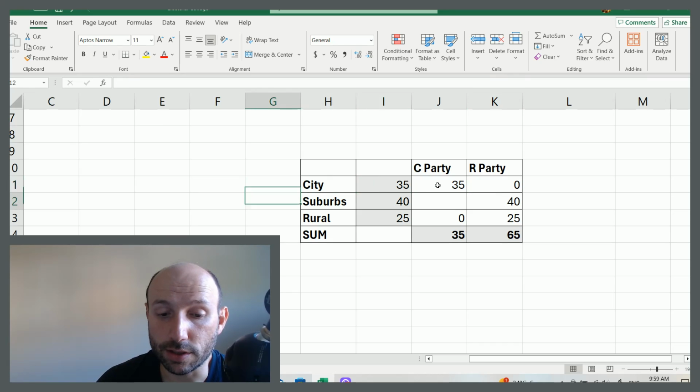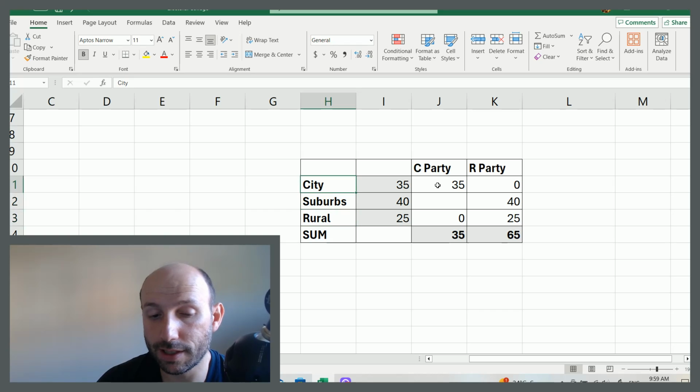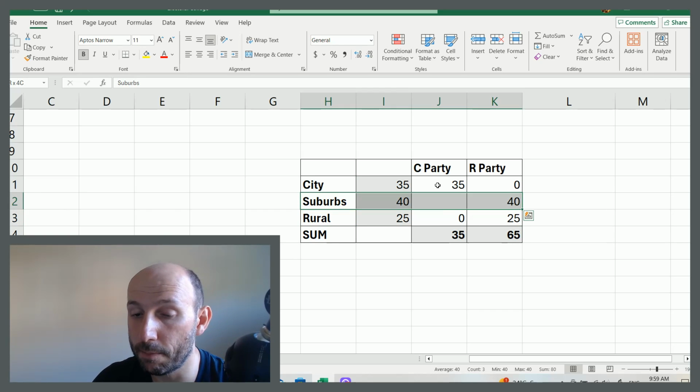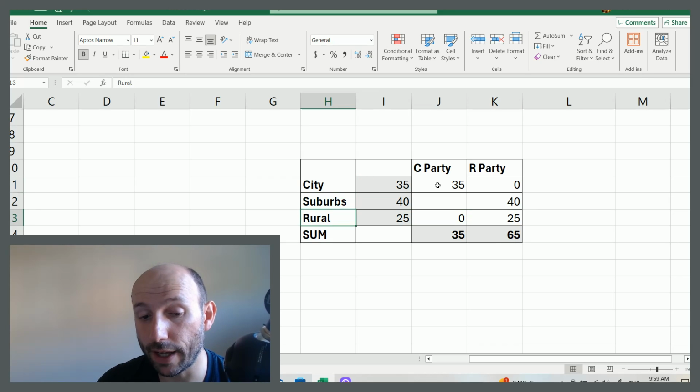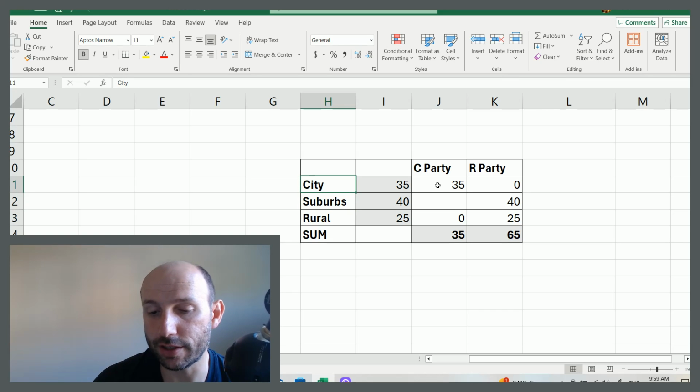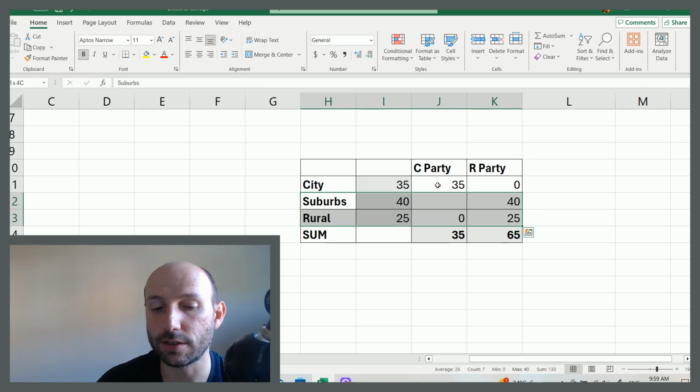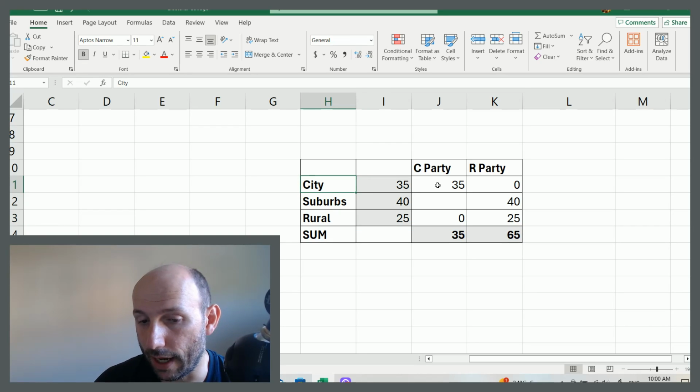And so the cities and rural areas do kind of take turns feeling represented while the suburbs are represented all the time. Sure, that's kind of favoring the suburbs over the cities and rural areas, but at least the cities and rural areas do get represented. They just take turns feeling represented. Whereas when we were talking about the popular vote, we had the cities represented all the time and suburbs and rural areas being represented never. We also talked about how it is possible to lose the popular vote but still win the election.